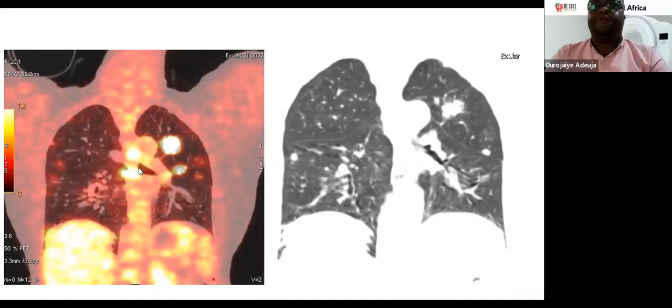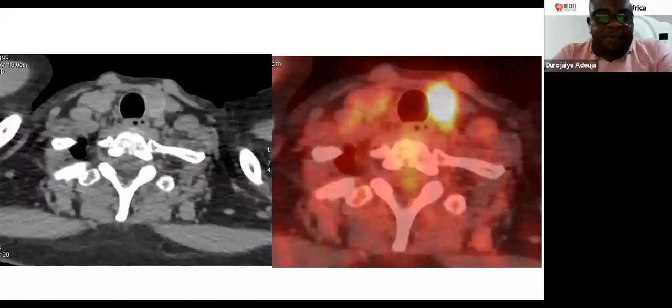So PET helps to further confirm whatever diagnosis, it improves our diagnostic accuracy and improves the efficiency of our results whenever we need to do a PET and we are looking at the images, comparing and being sure of what we are seeing. There was an incidental finding in this particular patient. The image to our left,